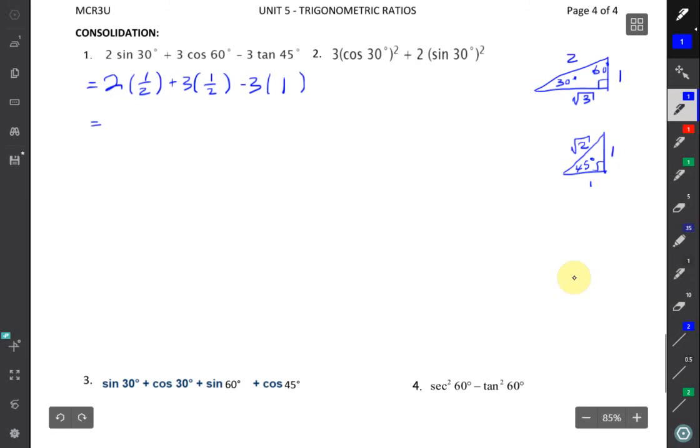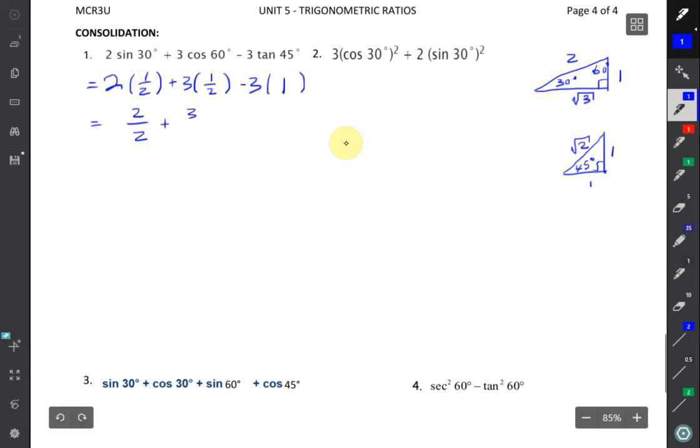Simplifying this, I have 2 halves, which is 1, but notice that in this second fraction, it's not going to simplify. And I'm going to need a common denominator, so I might as well leave this as 2 over 2. That's where the planning comes in. So that's good evidence of planning that I would leave that rather than reduce it. So I end up with 2 over 2